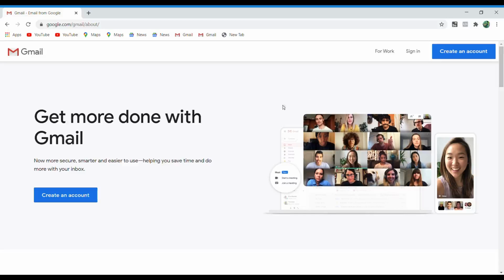First, clear the browsing history. But before doing that, there is a warning. If you clear the browsing history, if you have signed into any sites, you will be logged out. Not in all the sites, but in most of the sites, you will be logged out. So be careful about that.